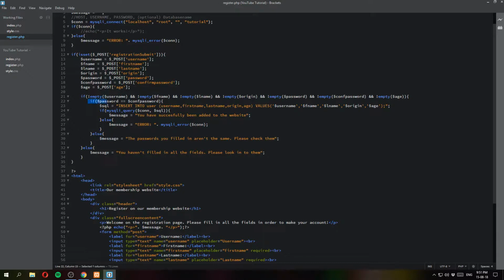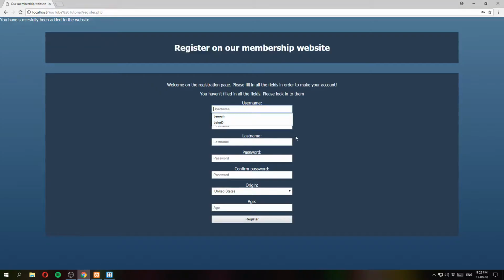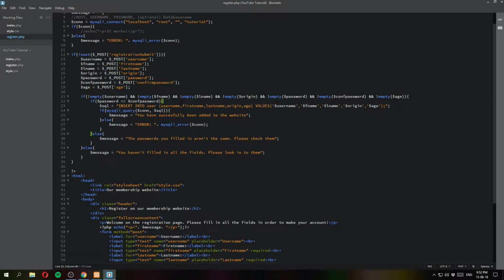That is the password thing. And if everything has been filled in correctly, so a username, first name, last name, the passwords are the same, and everything is just filled in, then we want to check if the user already exists. And this is where it might become a little bit harder, because in the previous video